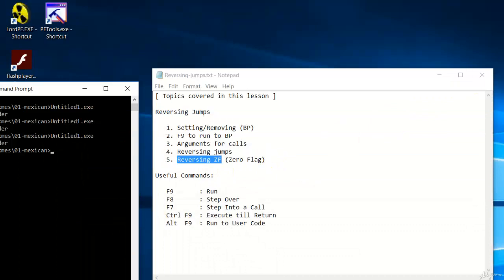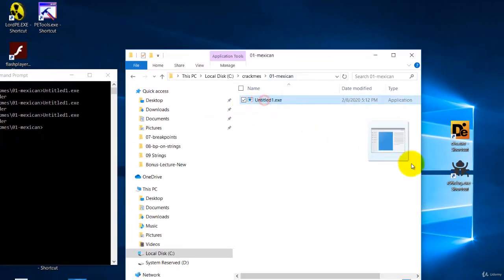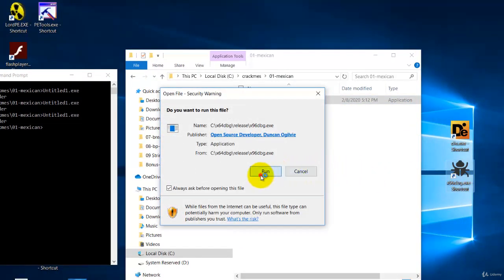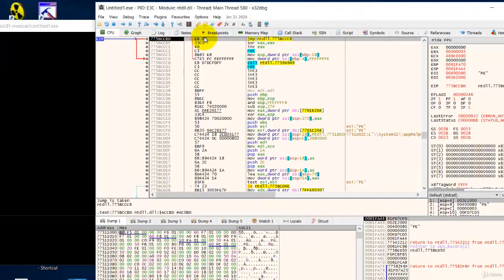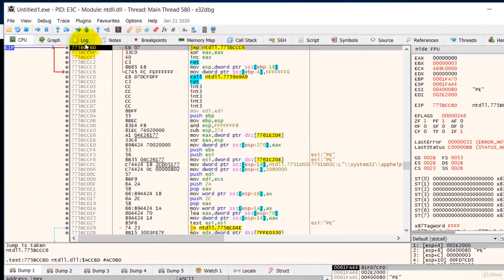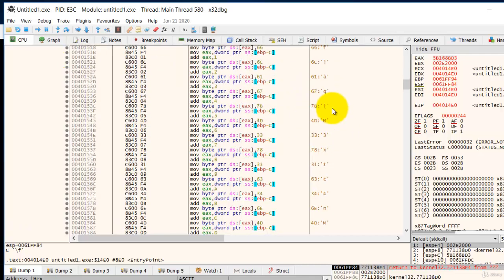So let's run the program in the debugger. Let's go to the entry point by pressing F9, run. We are now at the entry point. Now let's put a breakpoint on the string. So we can either scroll down and look for the string,